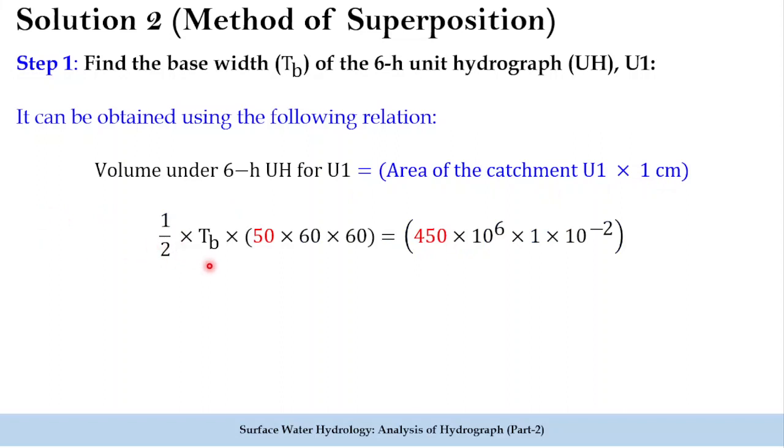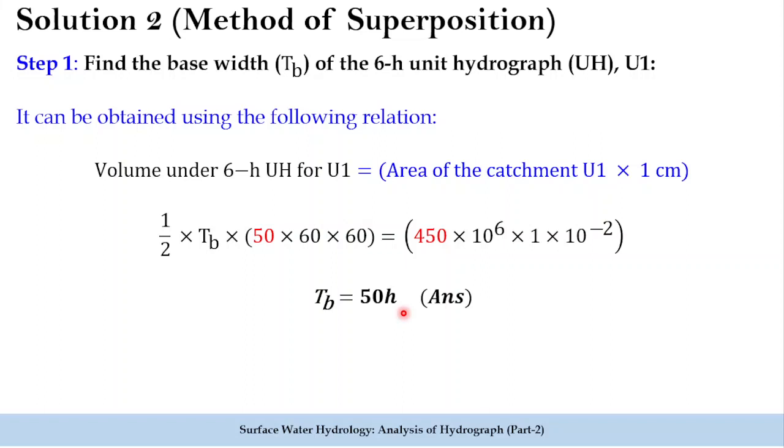So half into base width, that is the time base, into the height, which is 50 meter cube per second, which is provided. We have converted it into standard units, that is seconds. And here the area of catchment, 450 kilometer square, has been converted into meter square, and this depth has been converted into meter. Solving this, we get the base width of 50 hours. This is the answer